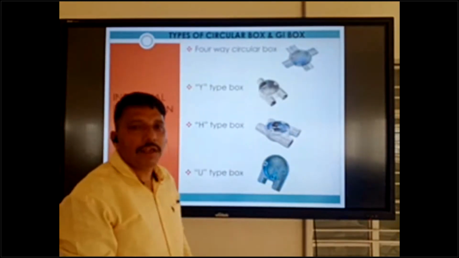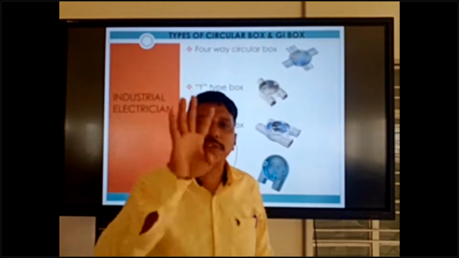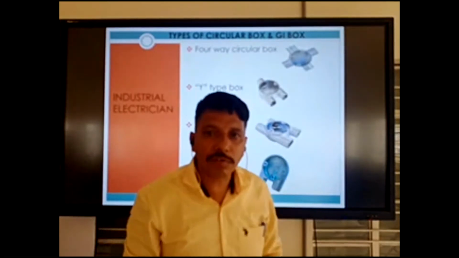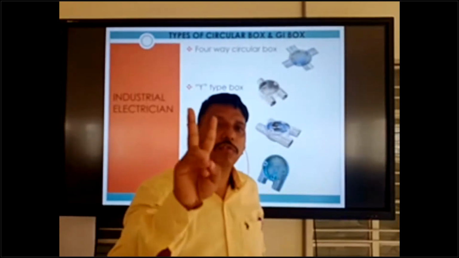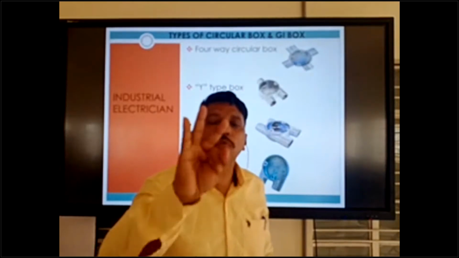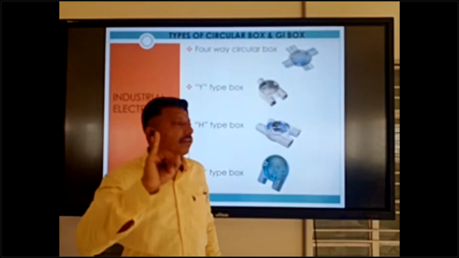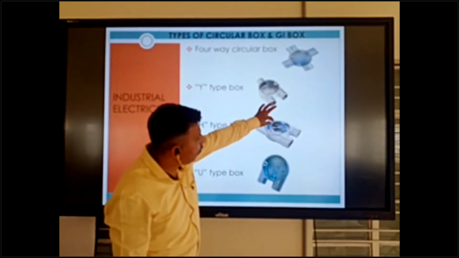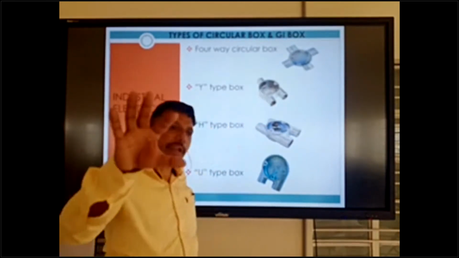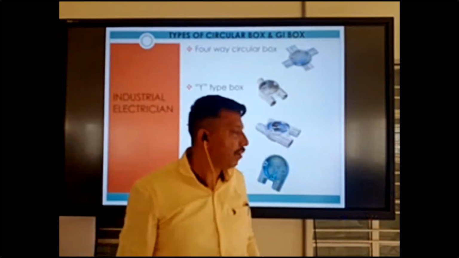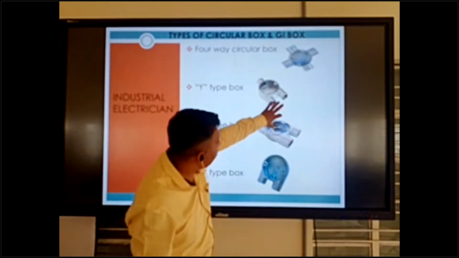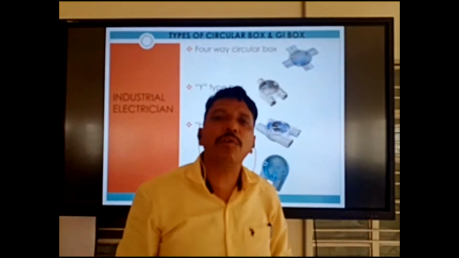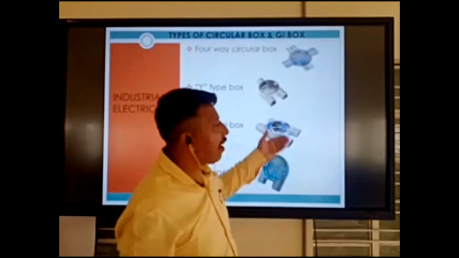So the DB 6 wire is running in the ring circuit. 6 wire means two phases of the same color code, 2 neutral and 2 earthing. So we can use 3 cables at the first point and 3 cables at the last point. So this type of box is especially used in ring circuit wiring.